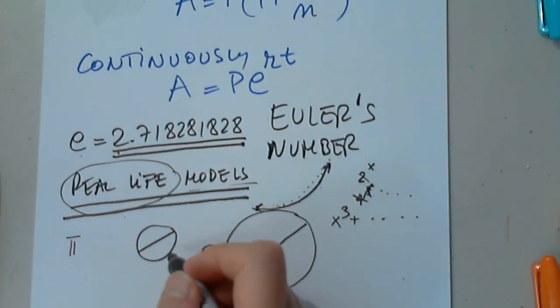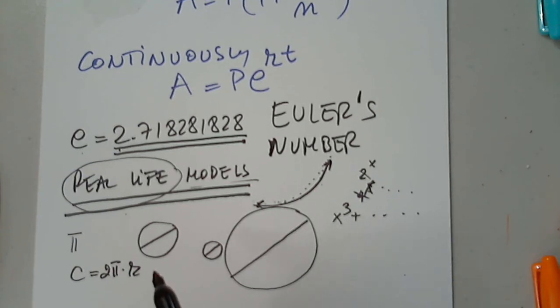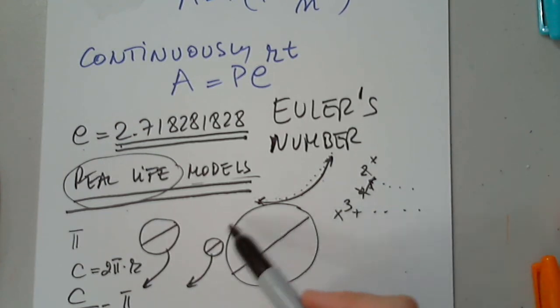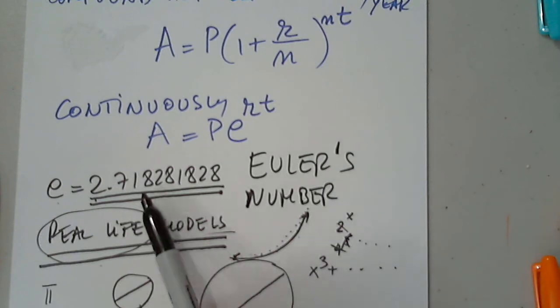What they realized was that the circumference was always 2 pi times r. So they divided the circumference by twice the radius, which is the diameter, and they always got this number. For each circle, they got this number all the time. That's how he came up with this number,